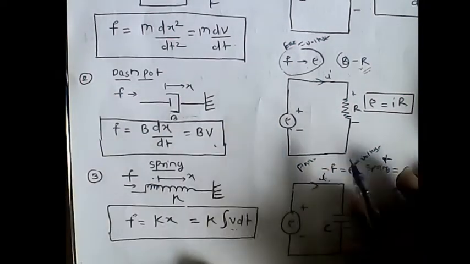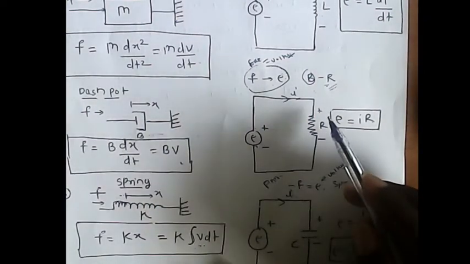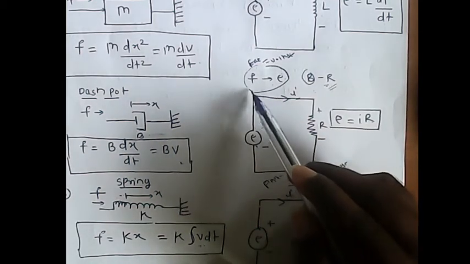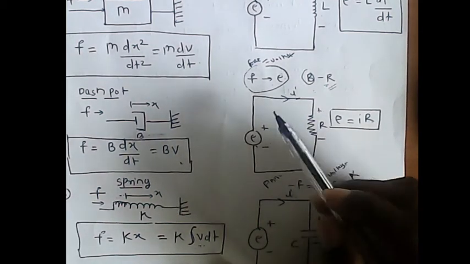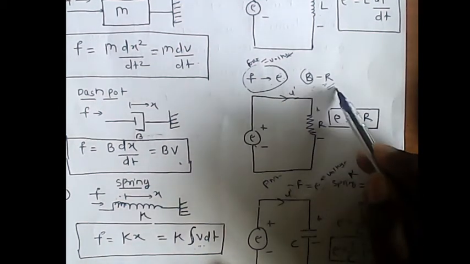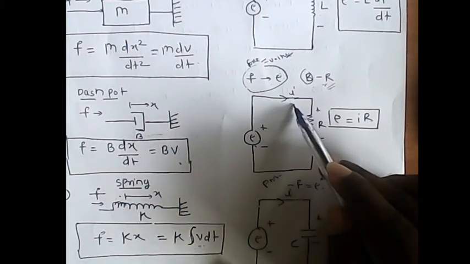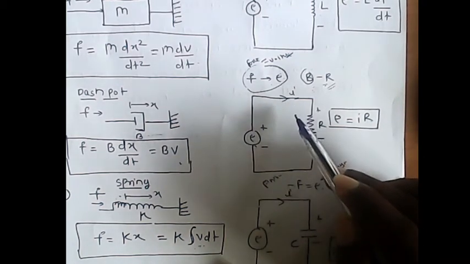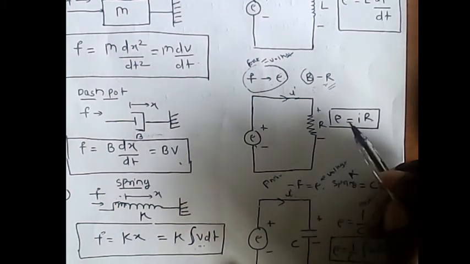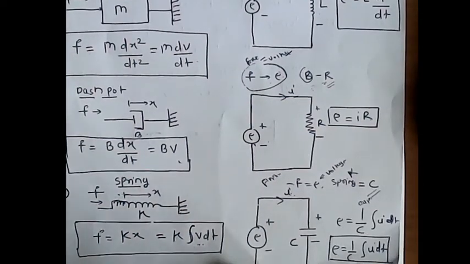Then we also write down how this dashpot is mapped when converted into an electrical system. We already know that force is mapped into voltage, and the friction constant, that is B, is mapped into resistance. The displacement is mapped into the electrical current flowing through this element. So what is the relation between the input voltage and the current in this circuit? E equal to I R. This is an equilibrium equation.